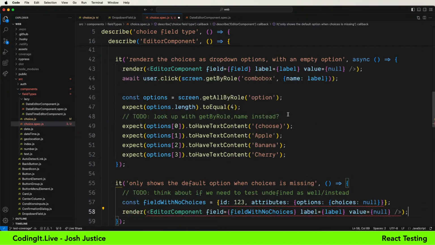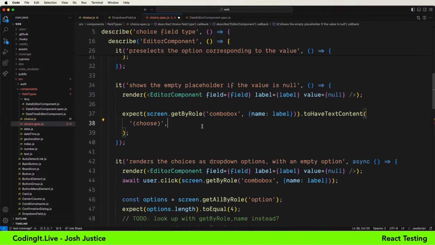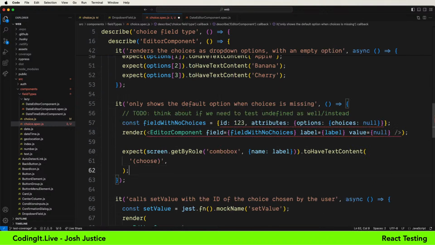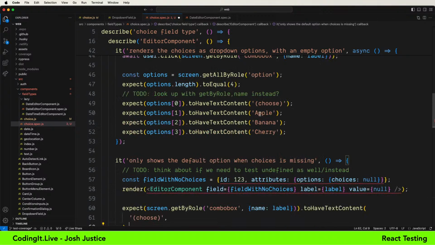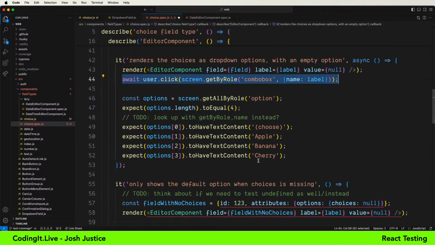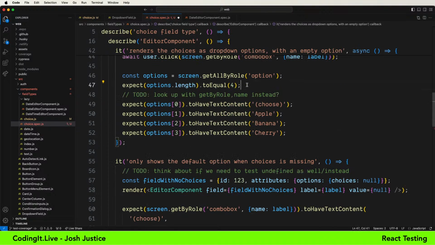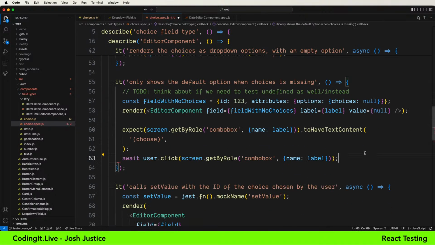And so I think what we want to confirm here is there should be a combo box with that label. It should have choose, and then we click on it. Options length should equal 1.